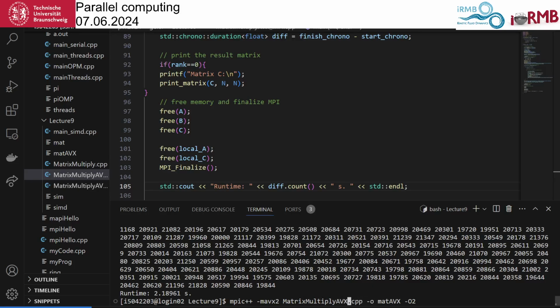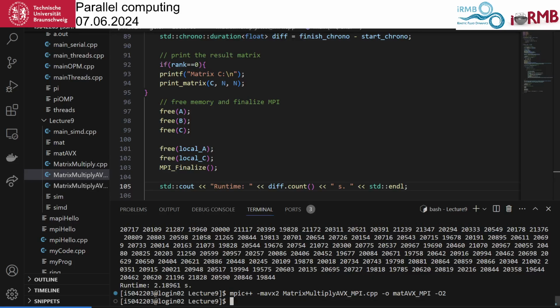The file that we take is now the MPI one, and we call this MPI. Okay, it did not complain.